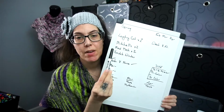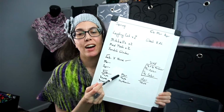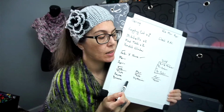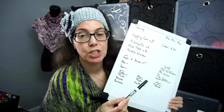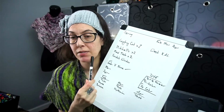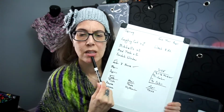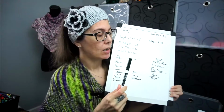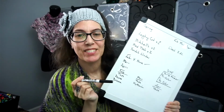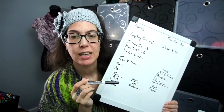So, March. I actually have something that I wanted to do, and that is Changing Staircase by Dragon Horde Designs. I've seen that shawl, and I didn't know it was the Dragon Horde Yarn people, or person. I watch her on YouTube. Anyway, a couple years ago, I saw someone have her Changing Staircase in this yarn,